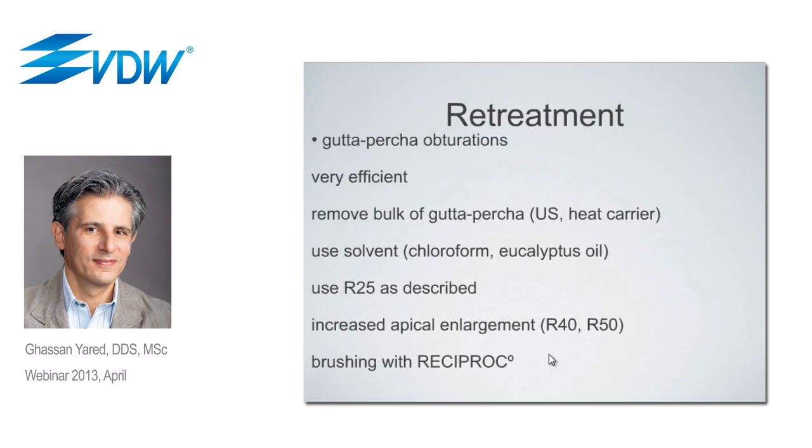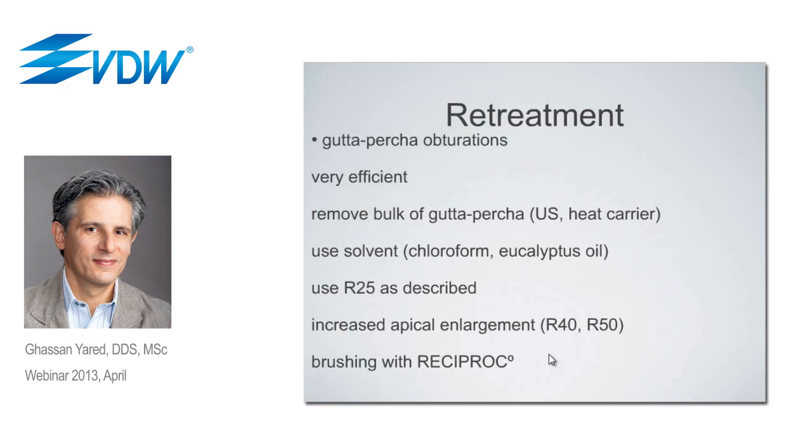So after removing the bulk of the gutta-percha, we will use the R25 exactly as described before. 1, 2, 3, take it out, irrigation. 1, 2, 3, take it out, irrigation. Until the instrument reaches the working length. If at some point the progression of the instrument becomes difficult, or if the instrument does not advance anymore in the canal, then we'll have to use a solvent. Here I use chloroform, but in most cases you will see that chloroform or a solvent will not